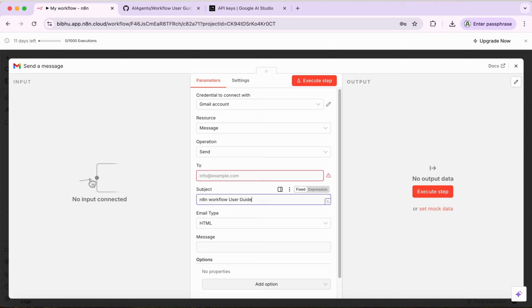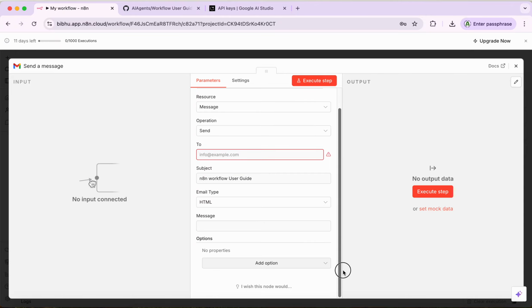Sorry guys. Okay, I can say N8N workflow user guide. Okay, it's clear. That will be my subject. Email type is HTML. Okay, and message, what message you want to send? I want to send the message,